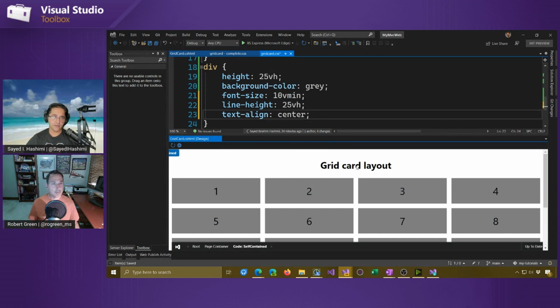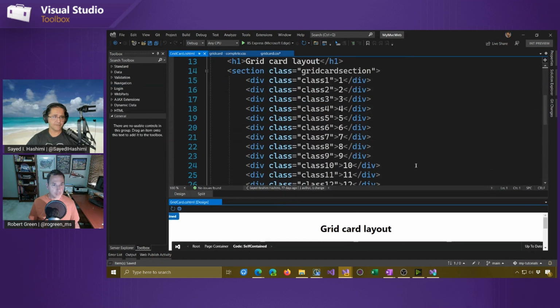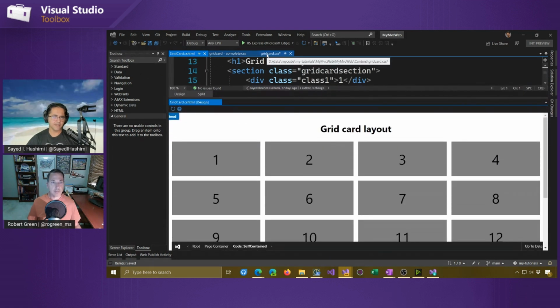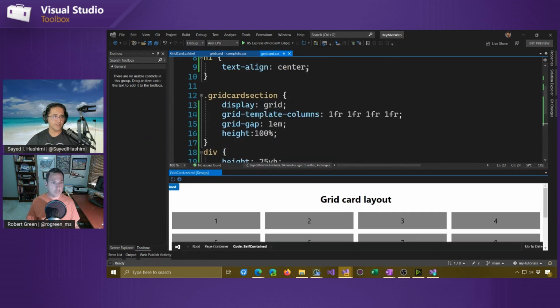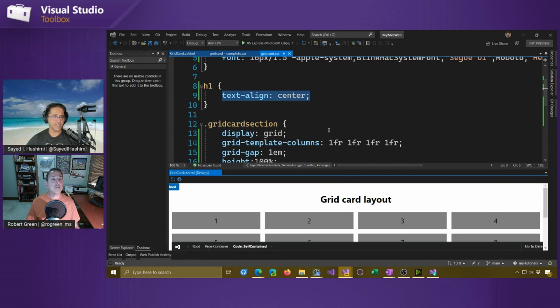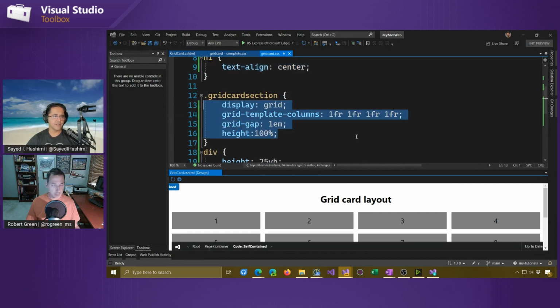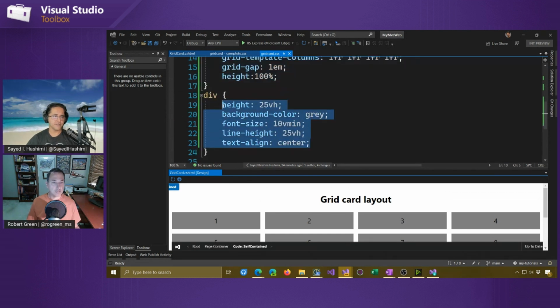But you saw how easily I was able to take, because all my definition here is really just a section with a bunch of divs, right? So I took that and then I was easily able to create a grid here, and I didn't have to worry about the browser developer tools, and having to remember that, oh, I added text align center for the H1, and I added these properties for the grid card section, and then these for the div here, right? Often when I use those browser developer tools, I forget one or two things here and there, and it just takes a